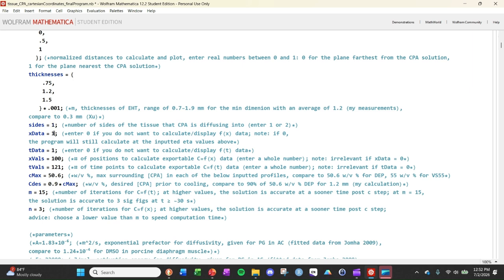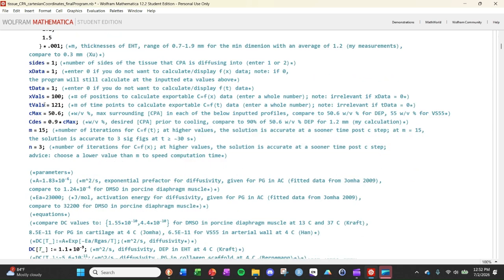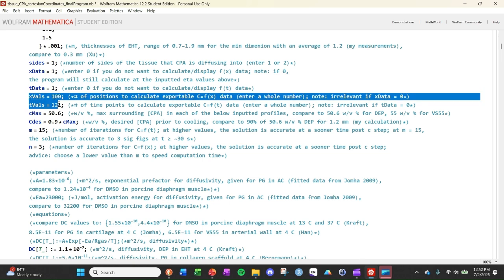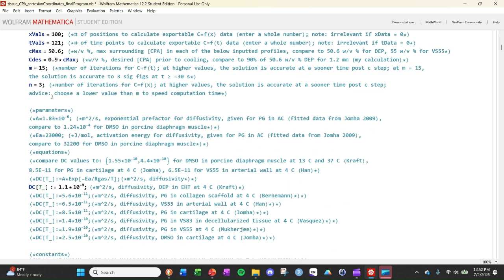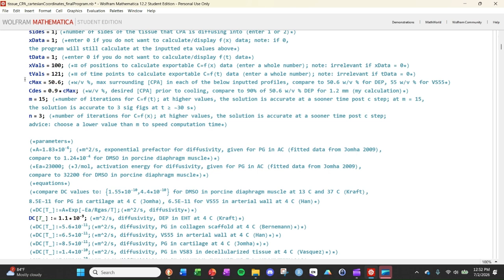And then these next things are if you want to be able to export this data. I'll just leave this at 1, but if you don't want the program to output this, if you want to look at less output, put 0 for this, otherwise just leave that. And these are related to the data it's going to output. Yeah, and then some system-dependent things are here